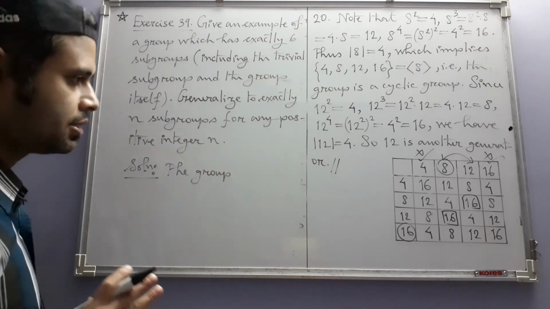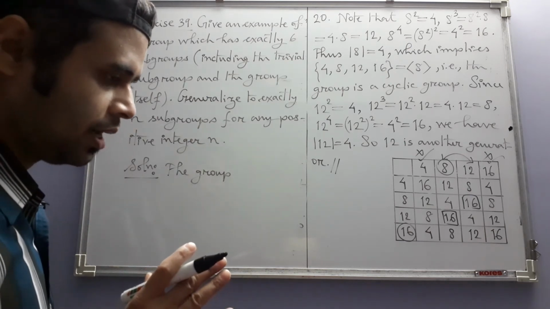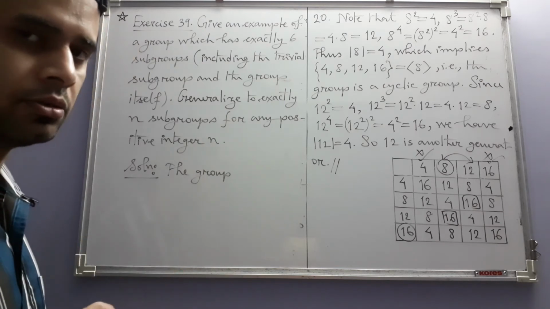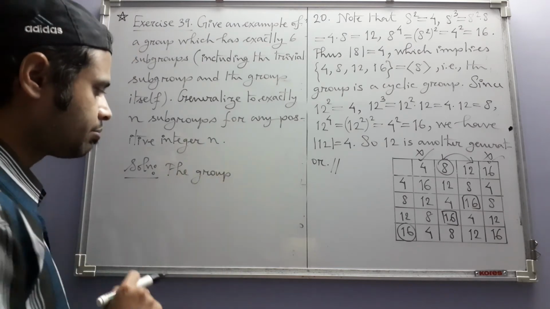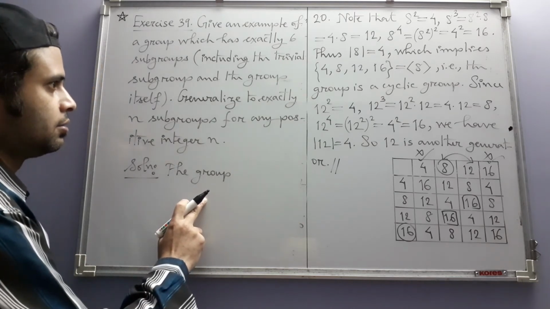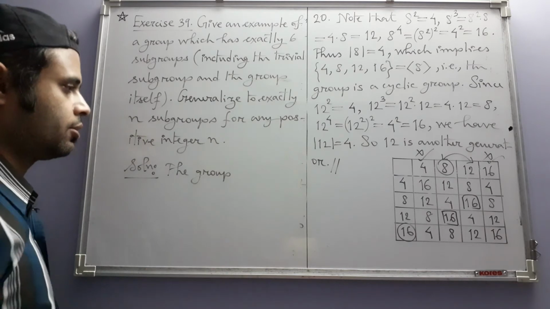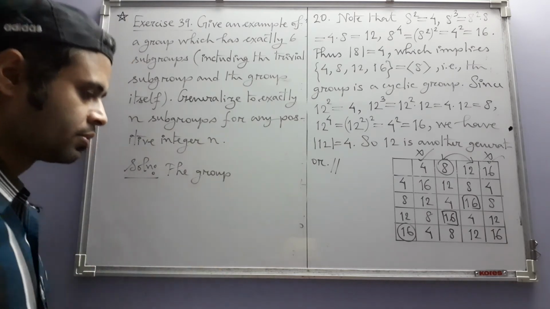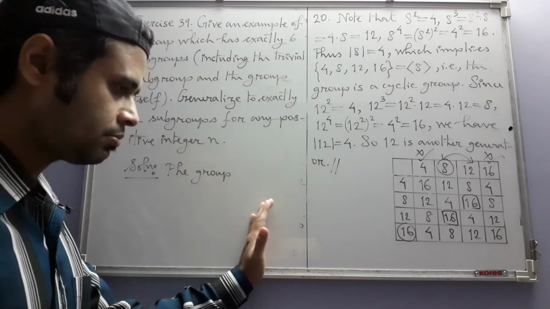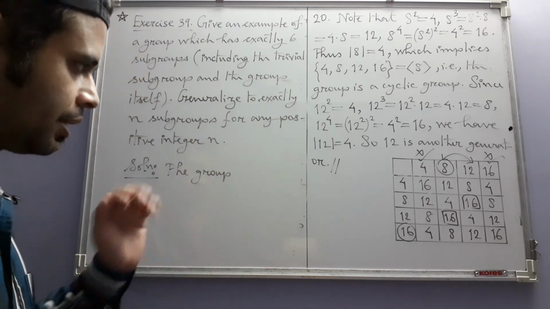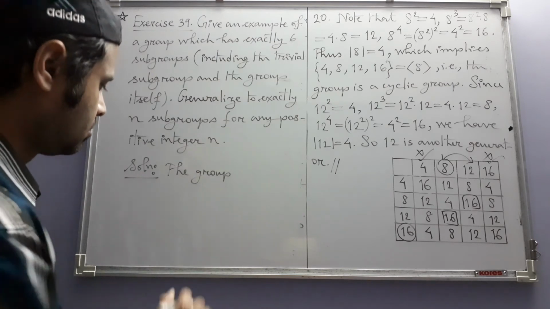But so far we have determined all the subgroups of a cyclic group. So naturally our example will be a cyclic group, and we have already come across, when we determined the subgroup lattice for a group, that